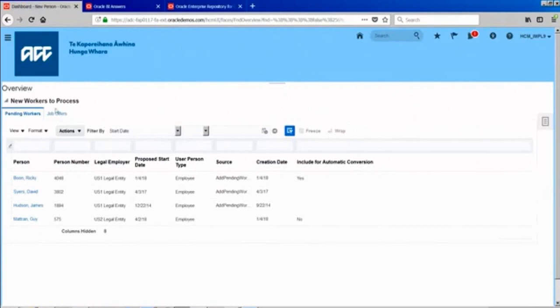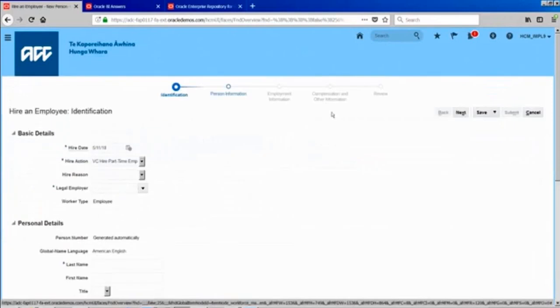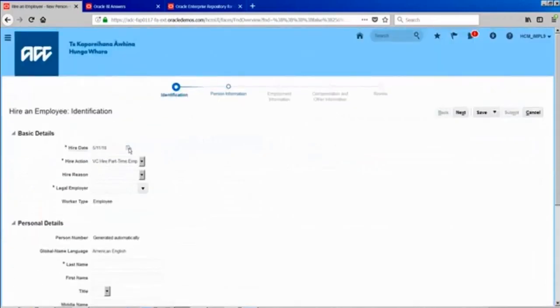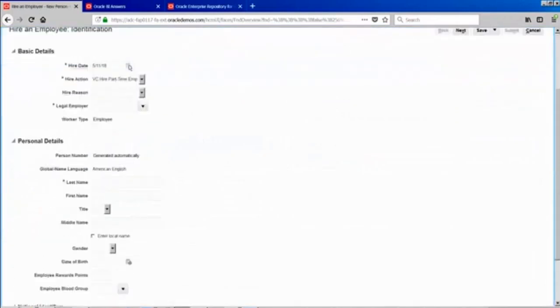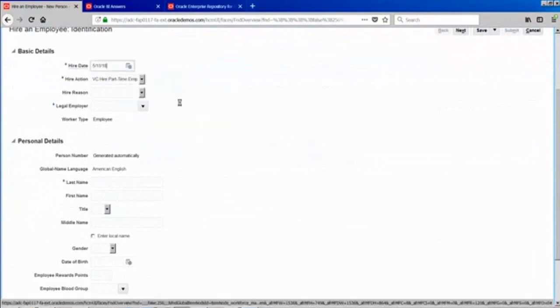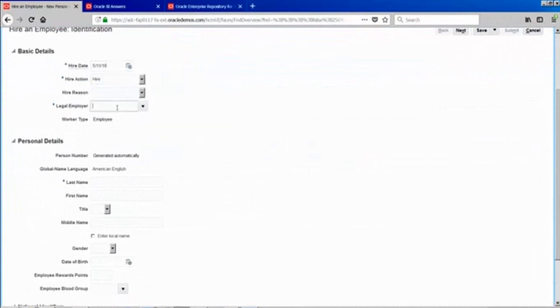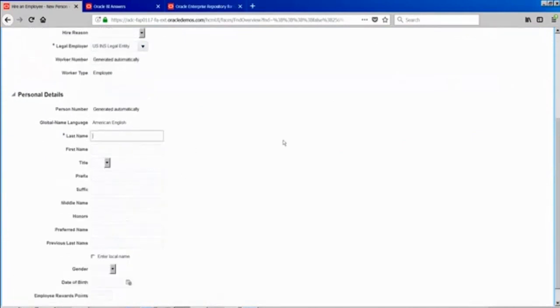To create a new employee, if you have HR access, you will go and create here. And if you don't have HR access, then how do you create? Does anyone remember? You have to go to manage user account, basically. So I'm just hiring an employee as of today, in some US legal entity, and I will say create as RB